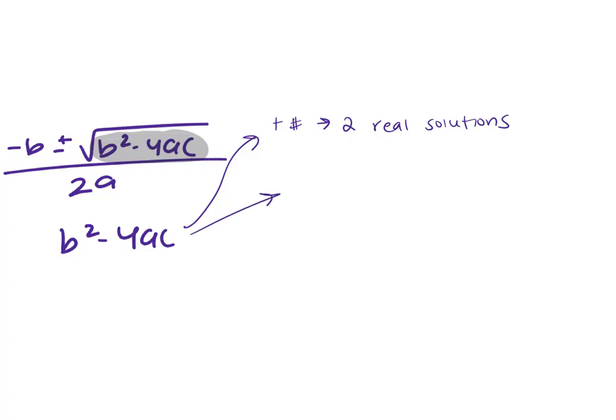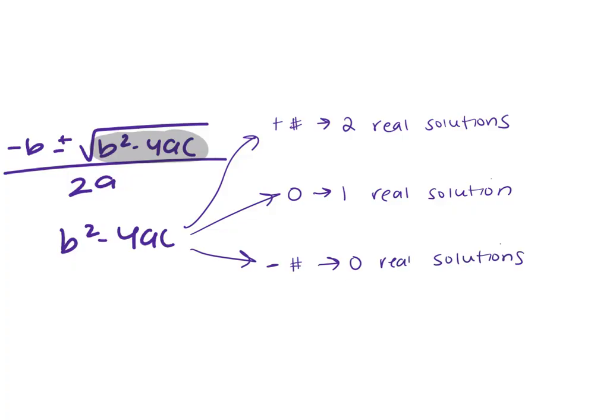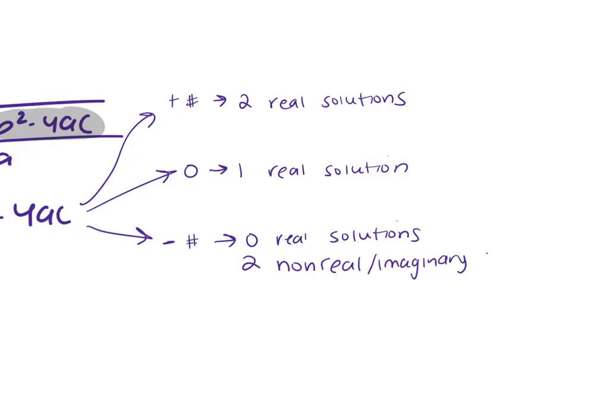Okay, the second option is that it is 0. If the number b squared minus 4ac is 0, then it means there's only one real solution. And the last is that it's a negative number. If it's a negative number, there are 0 real solutions, and there are 2 non-real or imaginary solutions. So standardized tests, especially the SAT, when they changed it, started to put these kinds of questions in,